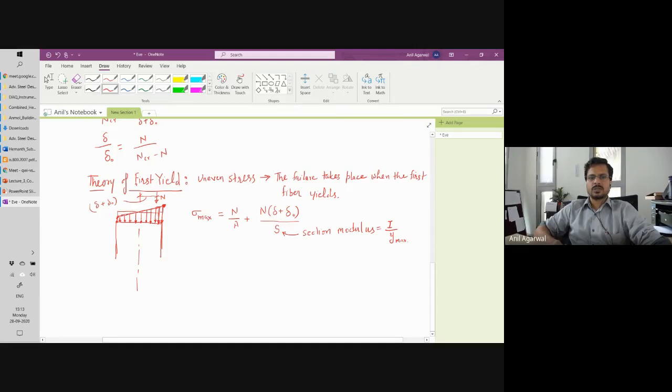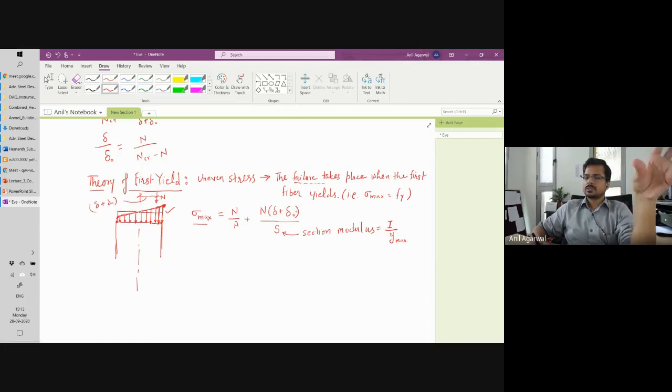So in this kind of a cross section where stresses are non-uniform, which fiber is going to yield first? This one, right? Because that is at a higher stress. So when sigma max becomes Fy, that's when the column failure occurs. So that is basically a way of defining the column failure. Earlier we were saying the column failure occurs when it reaches the buckling capacity or Euler buckling capacity for the reduced cross section. Now this theory is saying that the failure occurs when the maximum stress in the cross section reaches the yield stress.